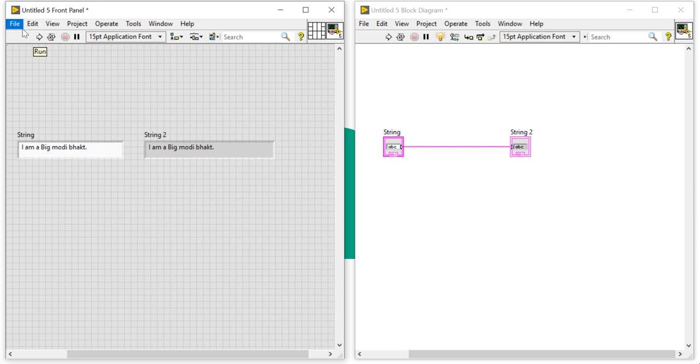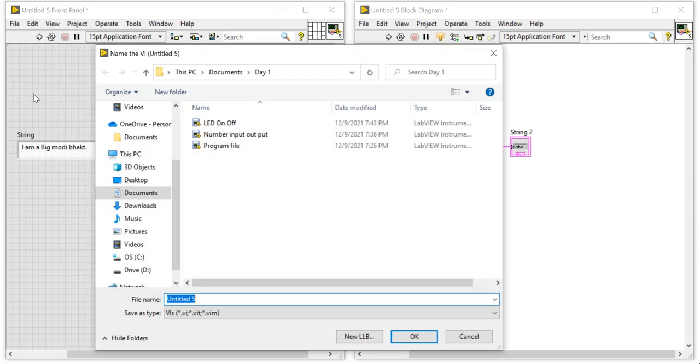Now I'm going to store this program in my computer. String program.